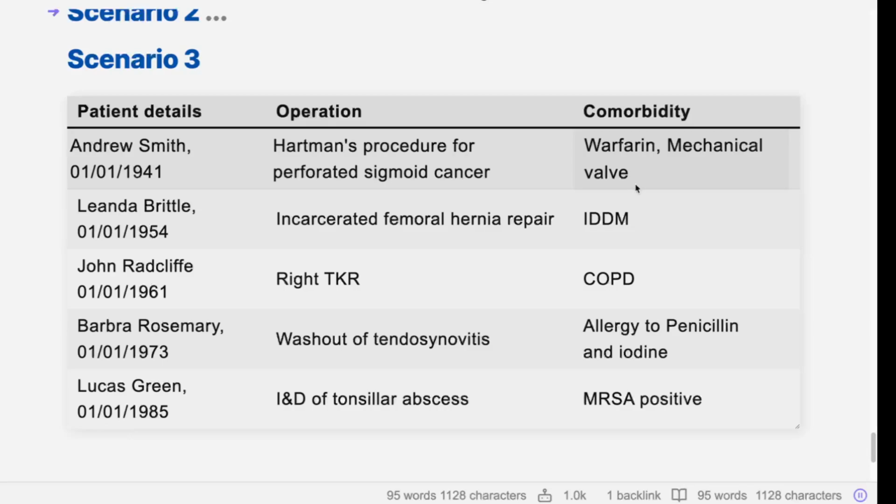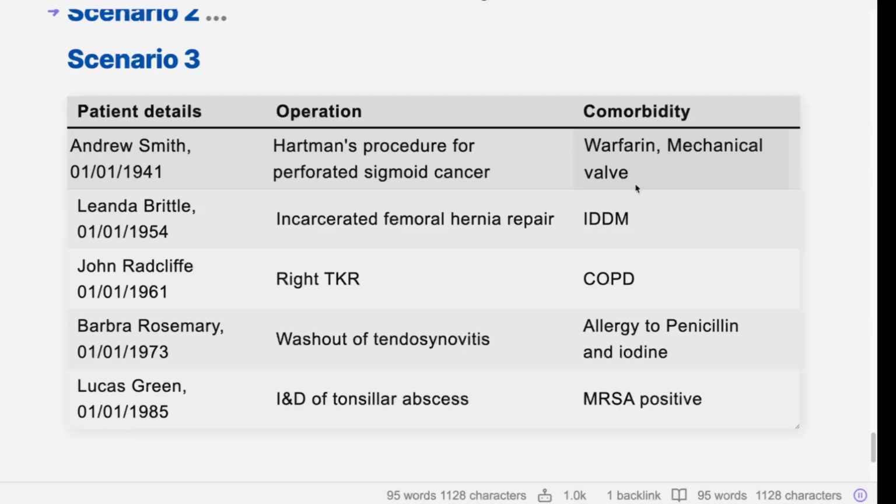First of all, the patient with perforation and a perforated cancer might be more clinically urgent than the incarcerated femoral hernia. However, if the warfarin is not yet reversed and there'll be a higher risk of bleeding, they can wait and be the second case. So one could be the first or the second case based on the warfarin status. On the other side, the incarcerated hernia is still clinically important, and they have diabetes, and I might consider them first on the list